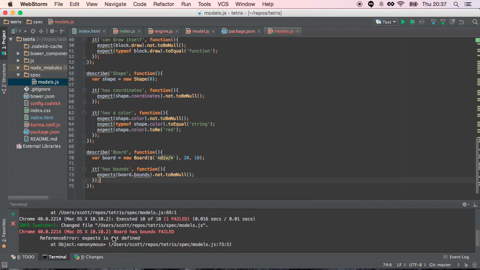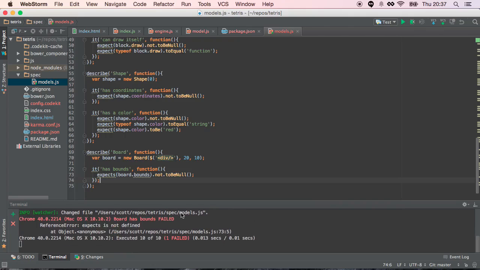Executed what? Changed file, specs, board has bounds, failed. Oh, probably because literally this is undefined. So,